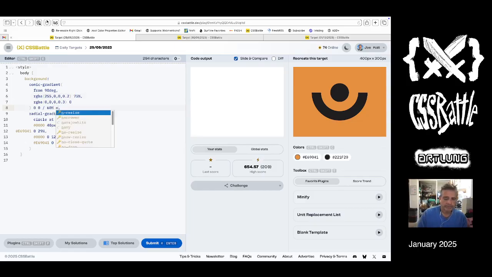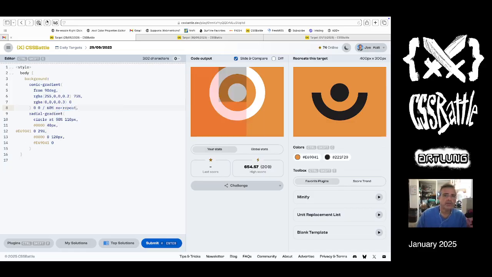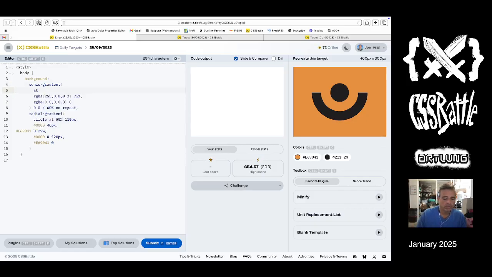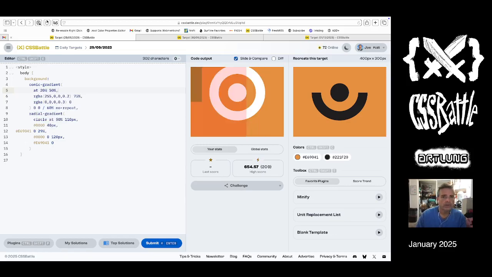All right, so one thing that's great is to add no repeat. No repeat, which concentrates the mind on what we're trying to do. And what I would like is for a background that represents this. So I want a 75%. I don't need the from. There we go. Okay, so we do need it at 20%, 50%. And how about,